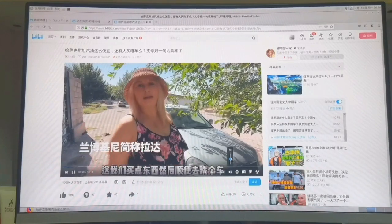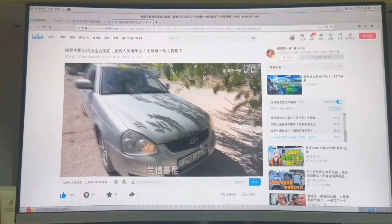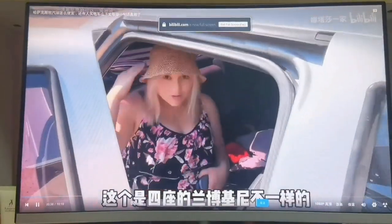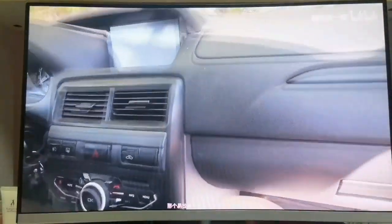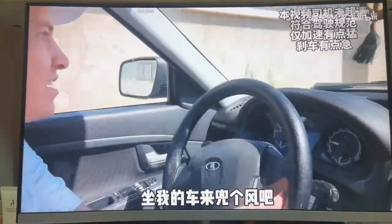So now I have tested the game. Now I'm going to test the video on Bilibili. I think it's a little bit lacking. 1080p you cannot do it. 720p sometimes. 1080p will stop sometimes, but some